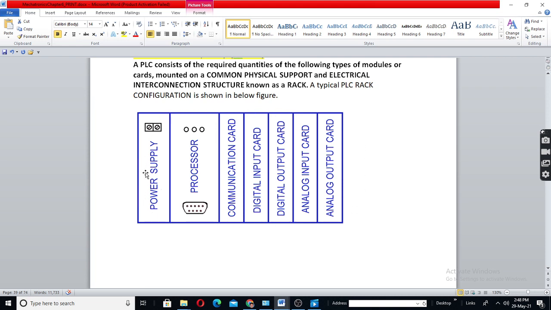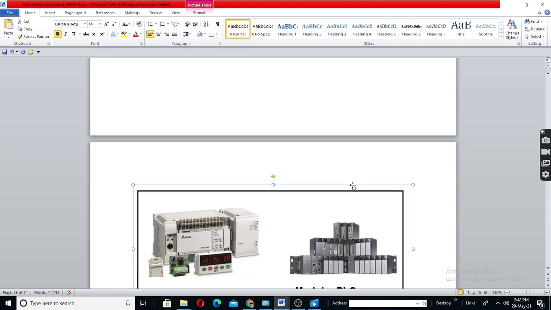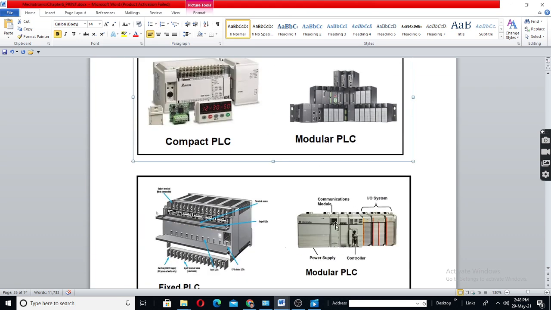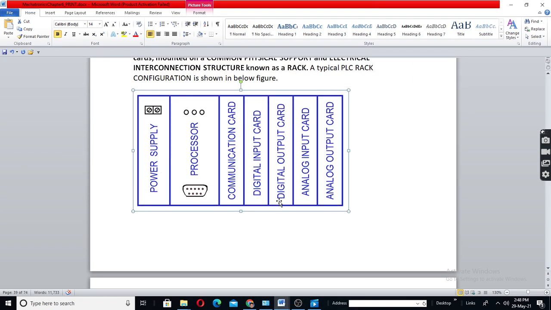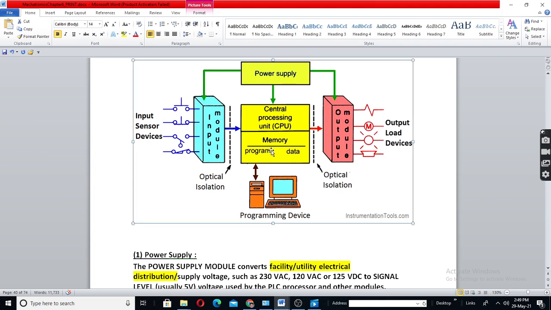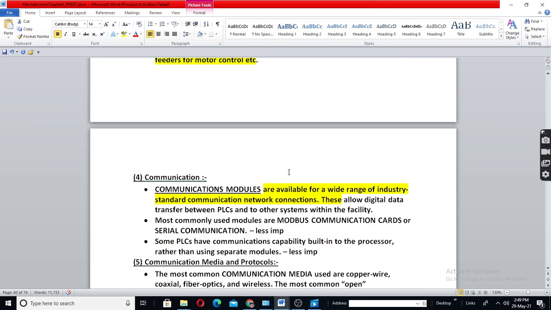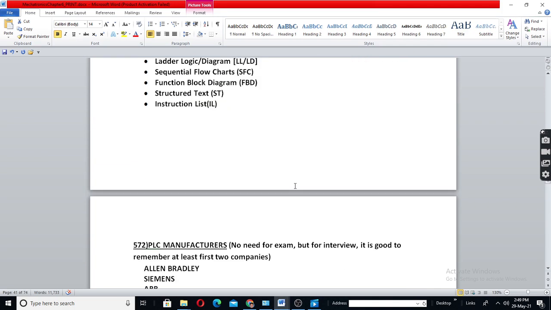In a rack type, each one is separate. See, power supply, processor, like this. This is nothing but what is shown here. This one is nothing but this. Very similar. This you already know. So these things are written here.